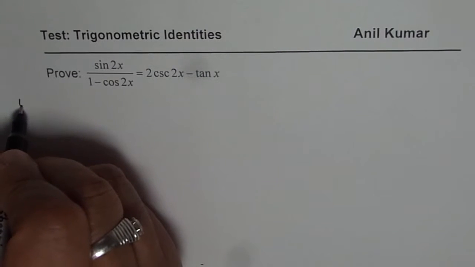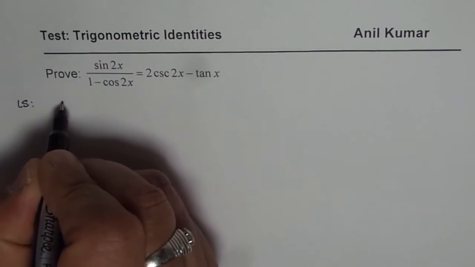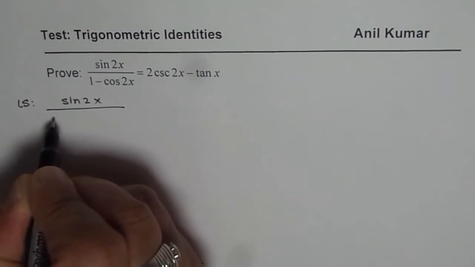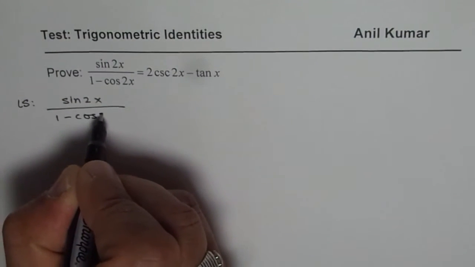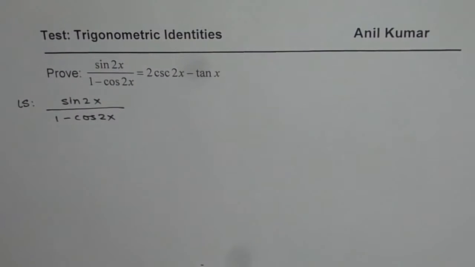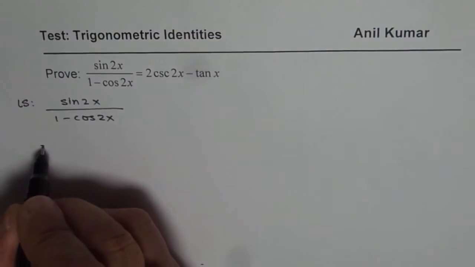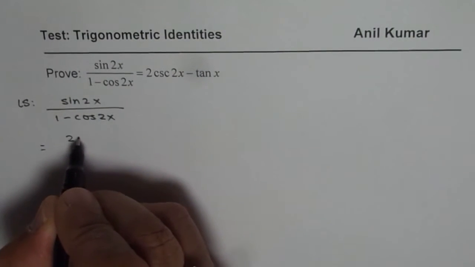Let's begin with the left side first. So the left side is given to us as sin 2x divided by 1 minus cos 2x, right? So you could always write sin 2x as 2 sin x cos x, correct? And as far as the cos 2x is concerned, it will be a good idea to write this in terms of sine. So let's write this as sin 2x as 2 sin x